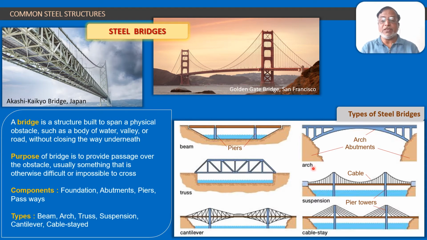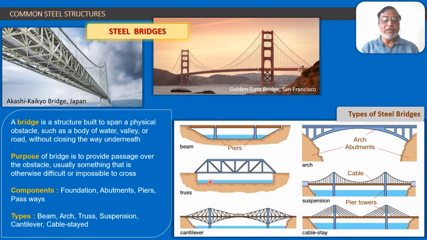The second type of bridge, again an old variety, is an arch type bridge. You can see this curved inner surface, that is what we call an arch. So this is the arch type of bridge. Here you can see the two abutments also clearly. Abutment is the end support of the bridge. Every bridge has got two abutments. Both of them are the end supports of the bridge. So the bridge starts from an abutment and ends in the other abutment, and intermediately it is supported on the piers. So this is the second type of bridge.